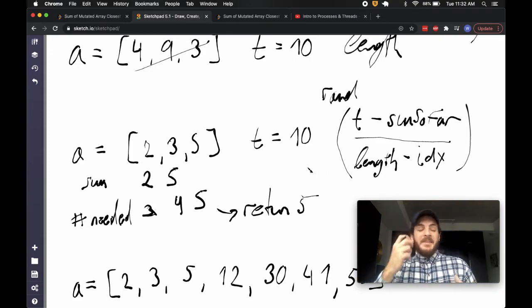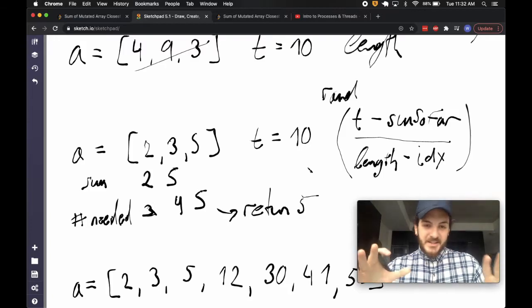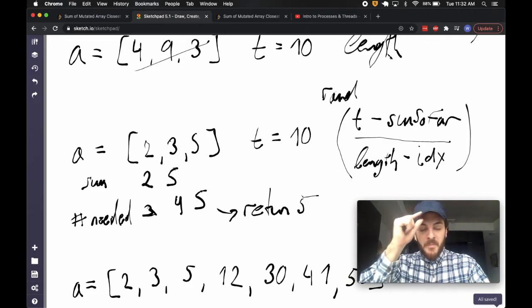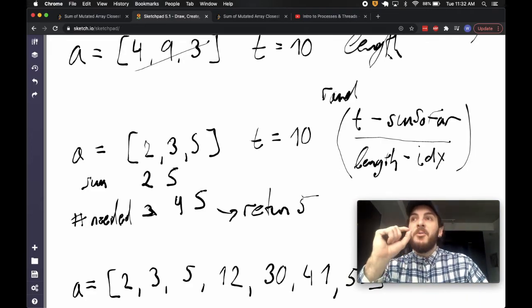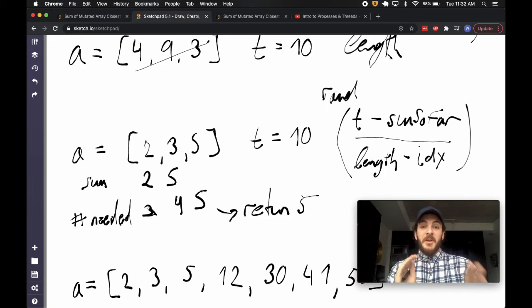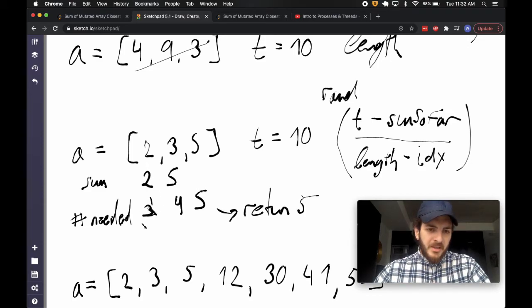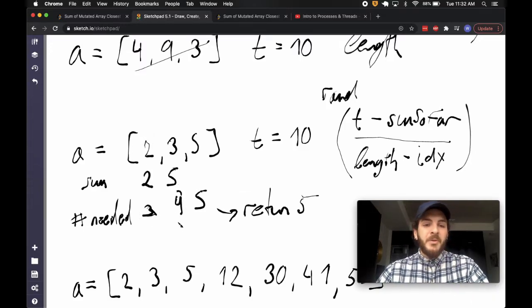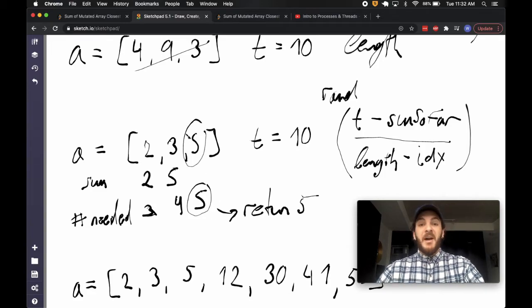Now, I think one of the harder parts in this question is, I think this formula makes sense. But at least for me, what I struggled to wrap my head around the first time is how do I decide when to stop? When have I found that number that I need, and it's got some sort of relation to the number I'm looking at here. So we saw that the 3 and the 2 are somehow related. We weren't too happy about the fact that we needed more than we had at the moment. Then we had the same issue with the 4 and the 3. And finally, in this case, we said, okay, we need a 5, and I have a 5,